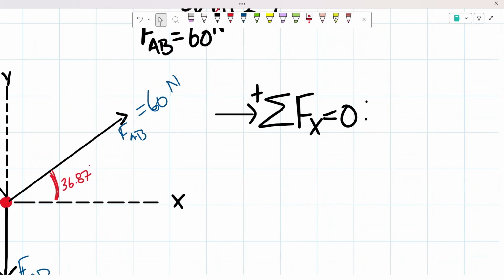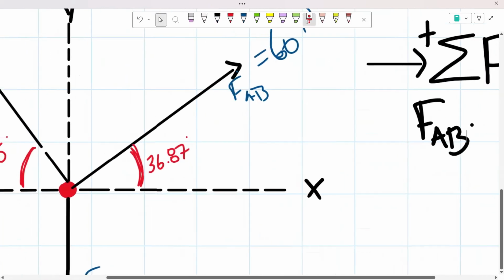We're working with our x forces, so that means we're trying to find its horizontal component, meaning that anything going to the right is positive, anything going to the left is negative. This is going to the right, so that's going to be a positive force. So F AB, the force of the spring AB times, and then to find the horizontal component to that,